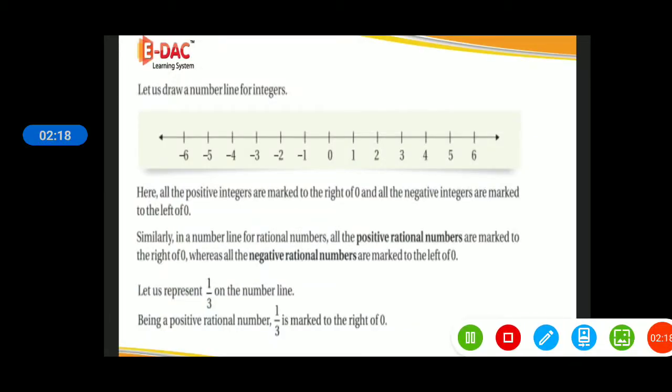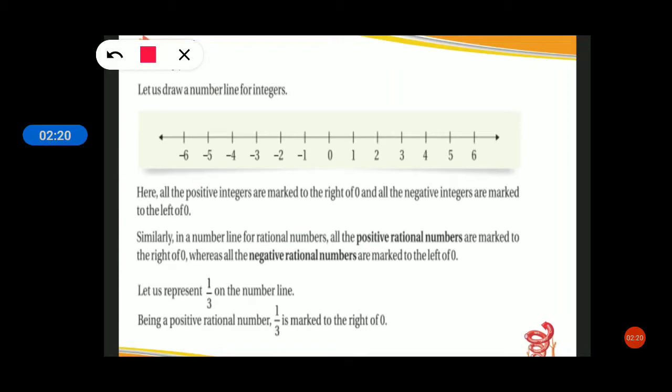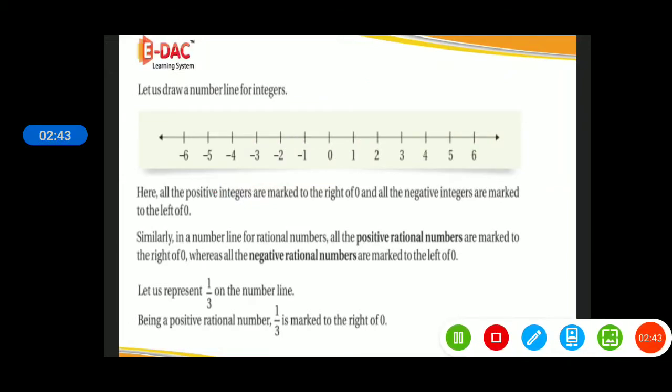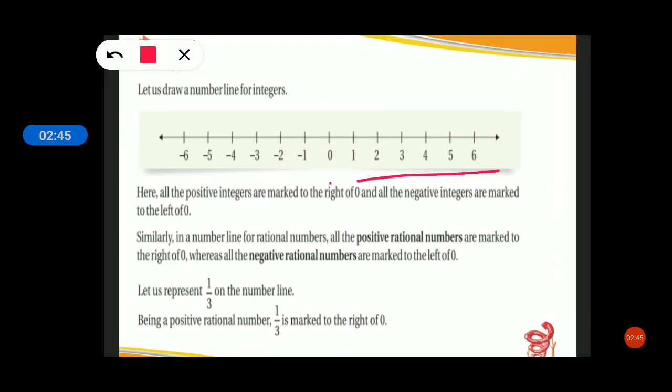First, let me show how to represent numbers on a number line. Okay, students? If we have a number line, first divide it into two halves. The dividing point should have 0. On the right side we will have positive integers, and on the left side we will have negative integers. Understood, students? See here, here we have 0, this full side is positive, and here the left is full of negative integers. All the positive integers are marked to the right of 0, that is, on the right we have positive and on the left we have negative integers.